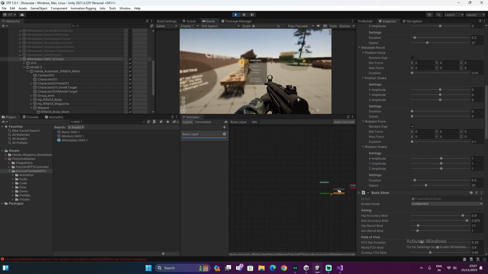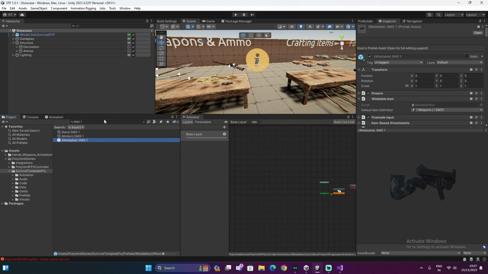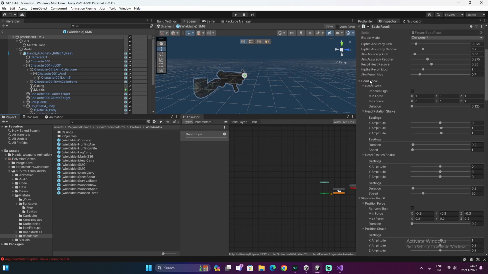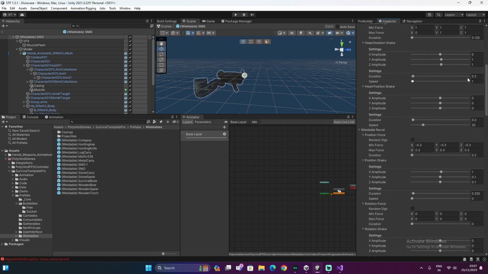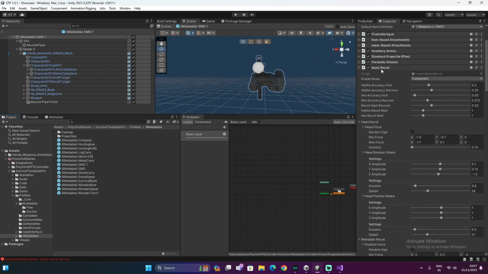Well, it is still very much. So yeah, just like this, you need to play with all these values here and customize it. Okay, so in this case, I already have my SMG ready to go. This one, which I created before recording this video, and for this, I just copy the component like that. You can see all the values are customized. If you're making the same weapon, then you can just probably copy this and go back to SMG1 and just paste it. So now if you shoot it,